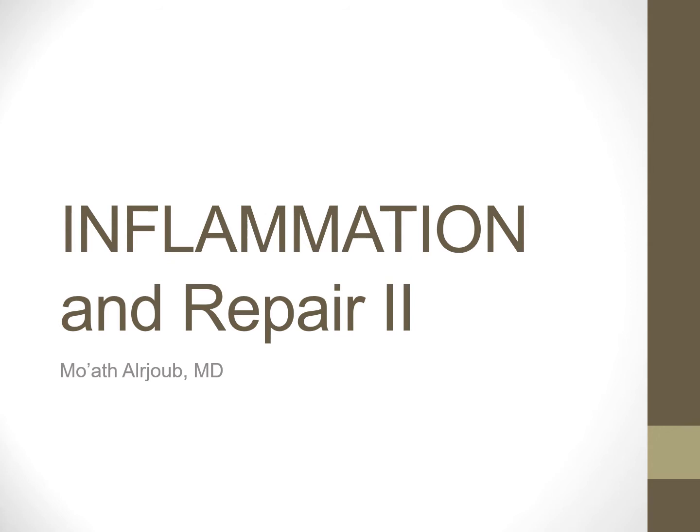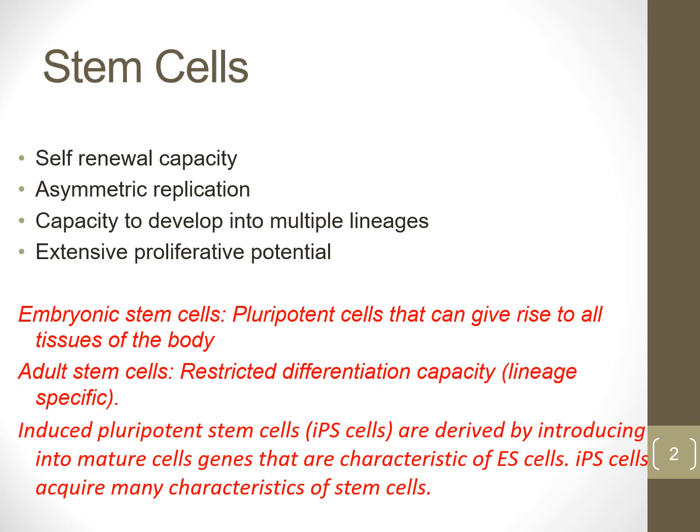So last time you talked about chronic inflammation, types of chronic inflammation. And you started talking about repair and regeneration. One of the most important things in our body to regenerate our cells are the stem cells. Now, stem cells, or in Arabic الخلايا الجذعية, they have certain features that